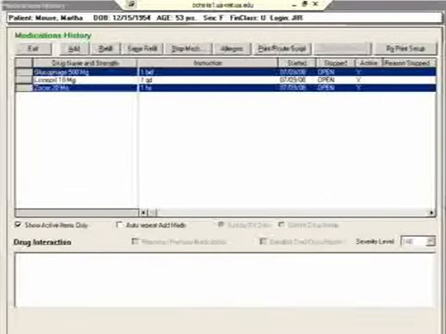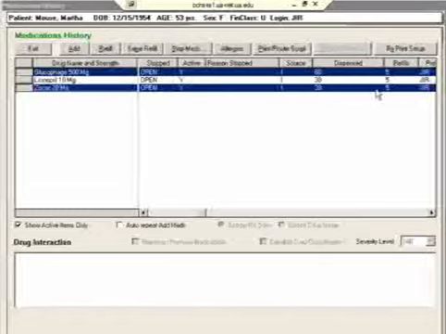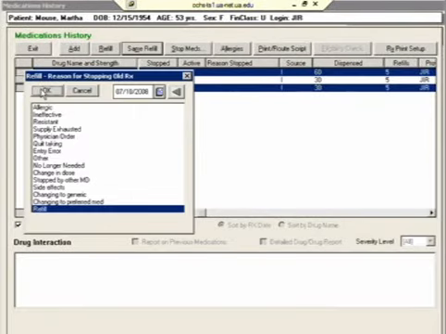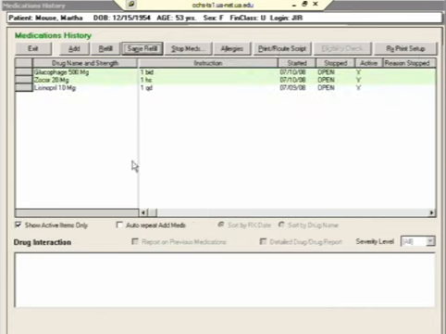Let's see how many refills we gave them last time. 5 refills. I'm going to give them 5 refills again because they're stable, so I can just click same refill on both of them, and they're once